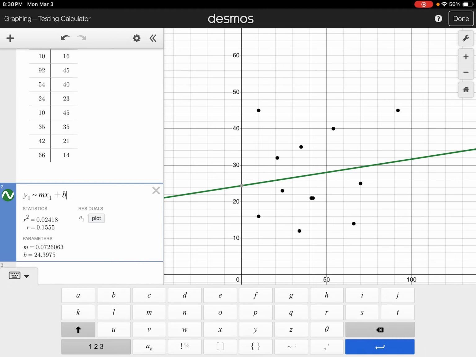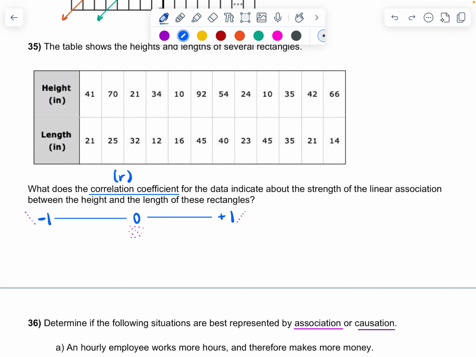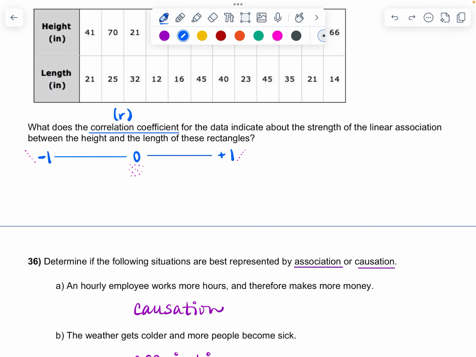Look at that R value though, 0.1555. All right, remember that, 0.1555. Okay, I'm just going to say 0.16, round to 2 decimal places. Okay, so my R value was